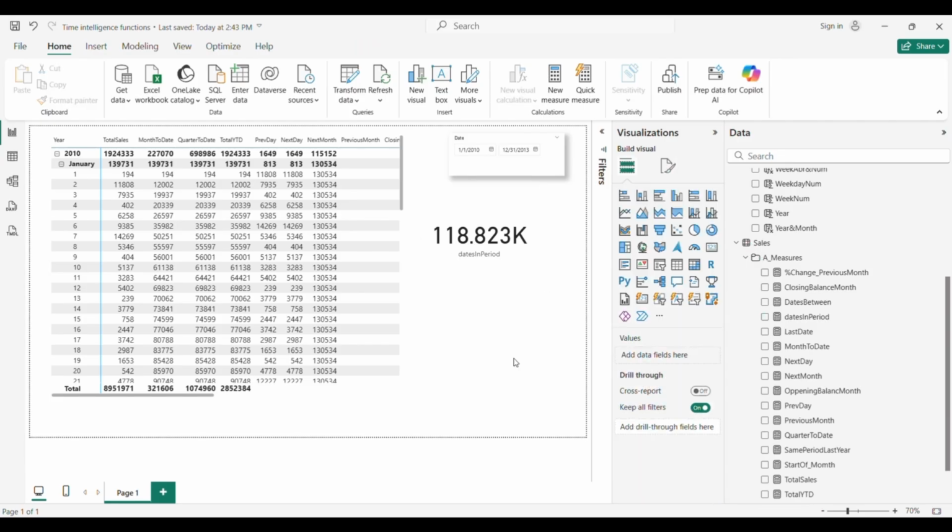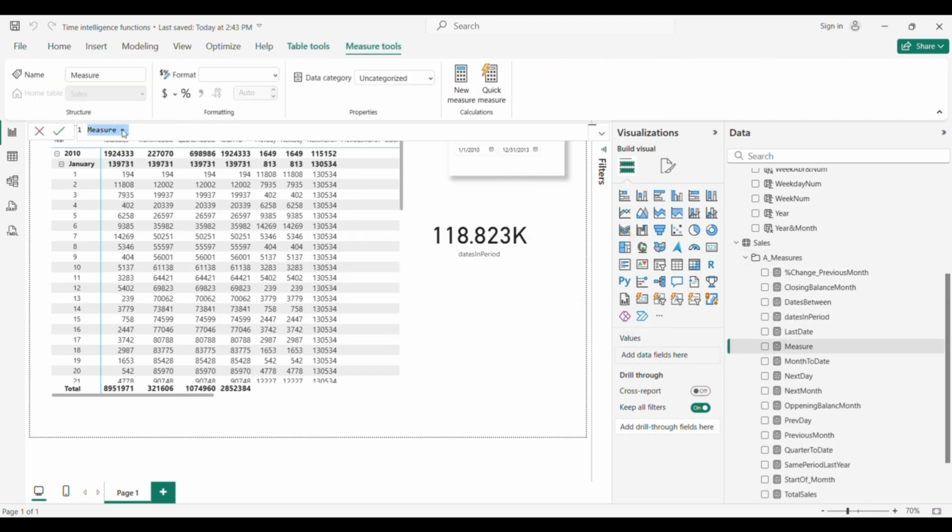And last measure, parallel period, and let's see how we can use this function also. Parallel period, and we also use calculate, expression total sales.